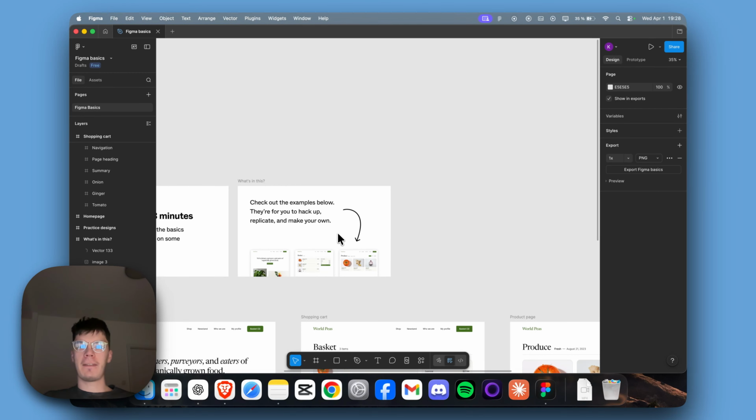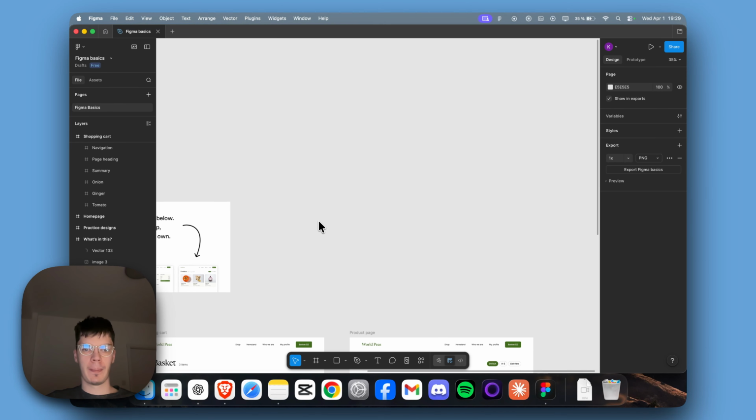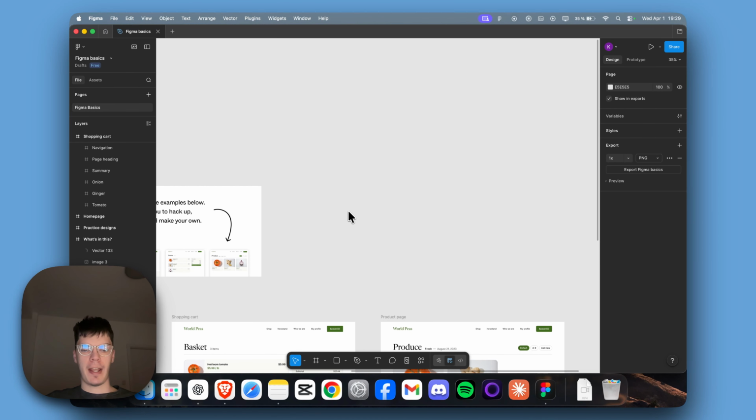How to add iPhone frame to your Figma project. I'm using the Mac, but it should work also in browser or Windows. So all you need to do is to just open your Figma project, and once you are here, press F